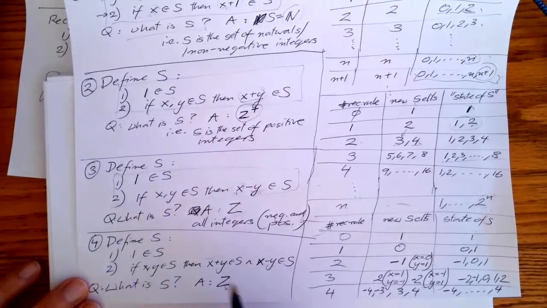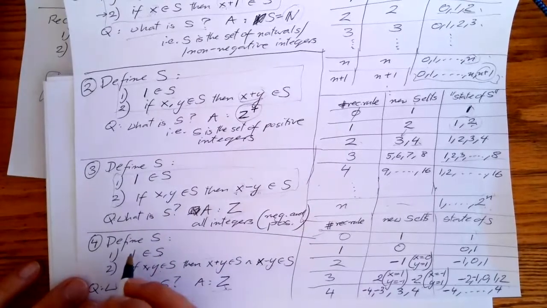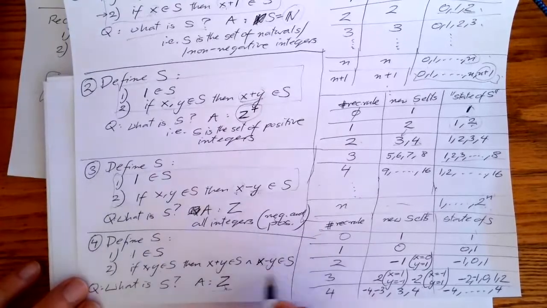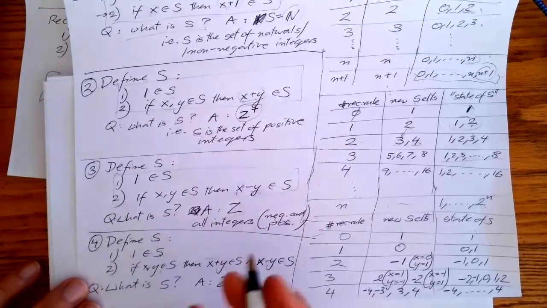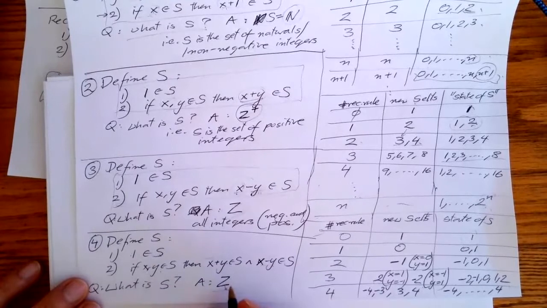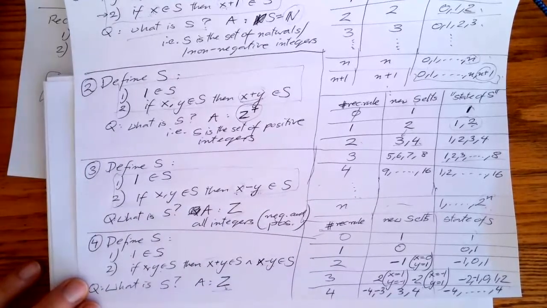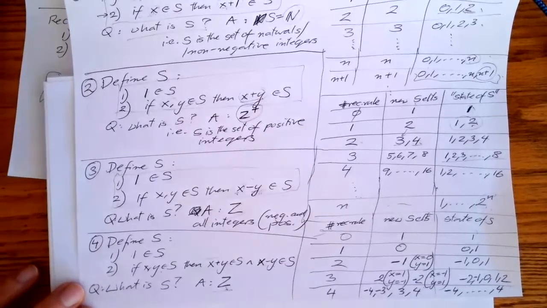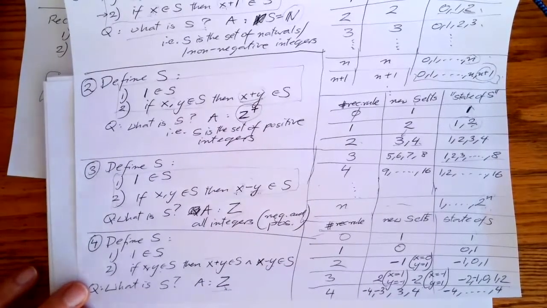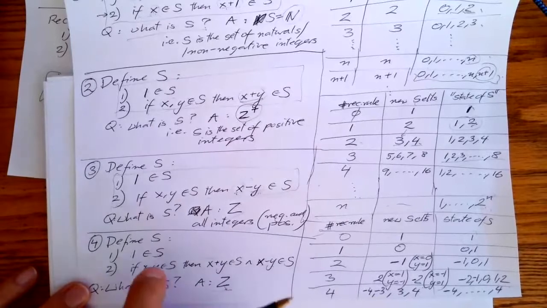So a check, which you should always do, that your answer does satisfy both the base and these two requirements, is a necessary check. And once you make this, it's kind of simple to check, right? The check is not the whole answer, because